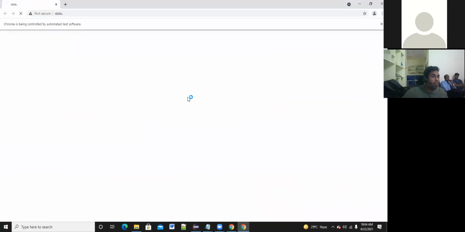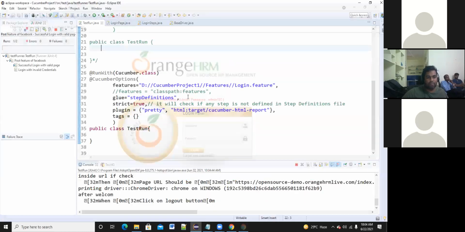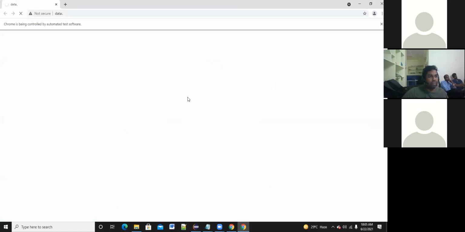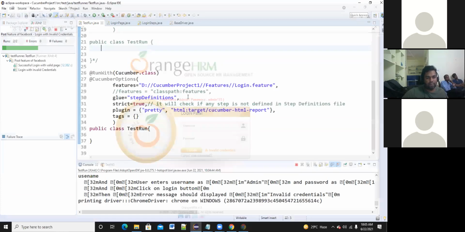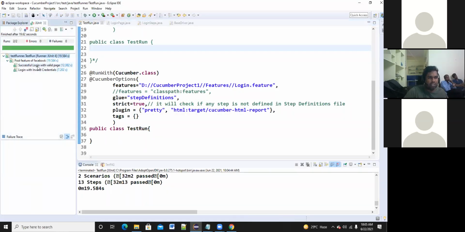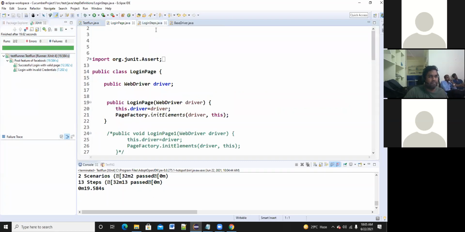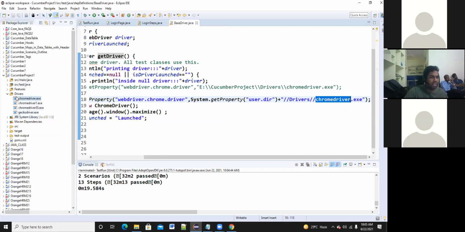So it is a bit complicated, looks like. Okay, just go through this part and try to understand at least one or two times. So it is executing for the second scenario for invalid credentials. So like that, your feature file has been executed. So successful login page, login with invalid credentials. Both the scenarios, expected result is working fine. So like that, your feature file has been executed.